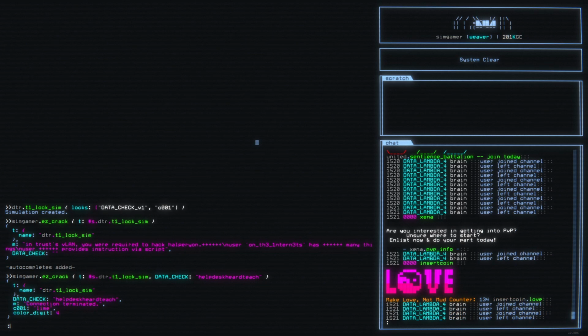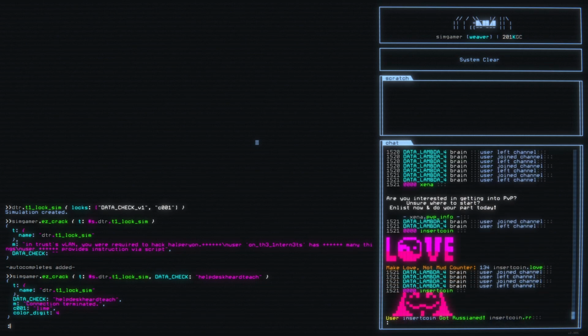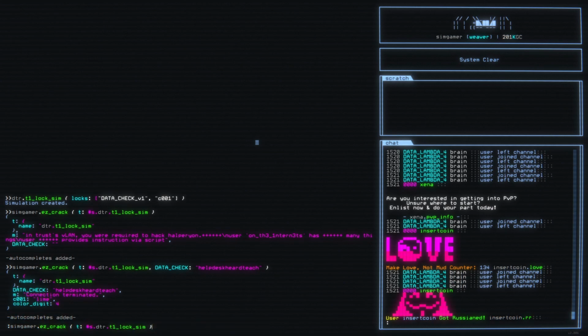All right, as you can see, we got this script working. It will interrupt itself when it comes across a data check in whatever position in the lock it happens. So if I make, this is the lock set I did before, data check first and C001 after. So if I throw in like an easy 21 in the beginning of this,